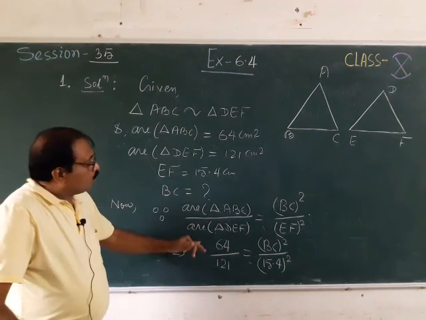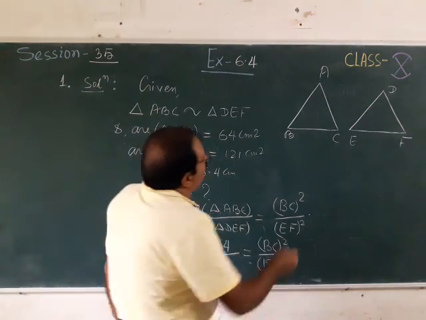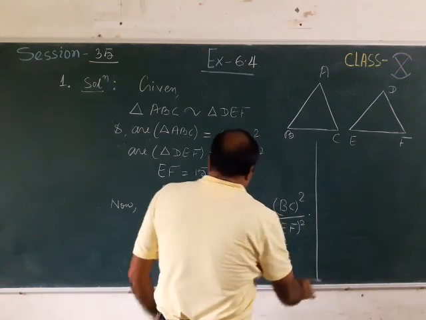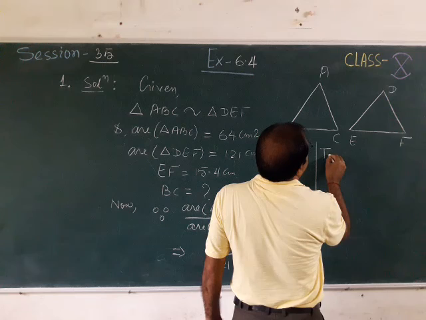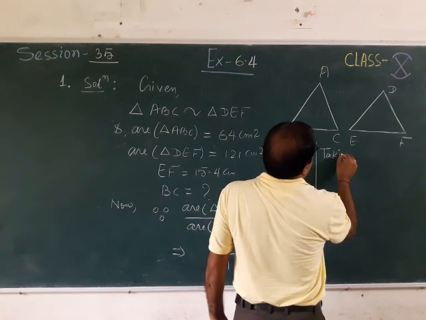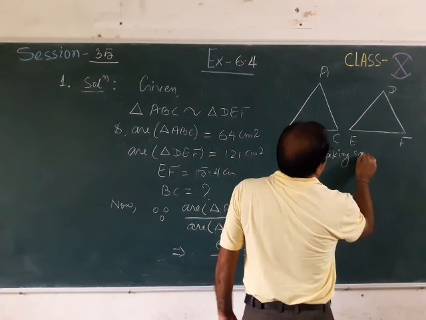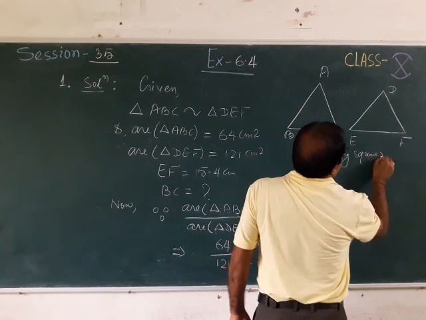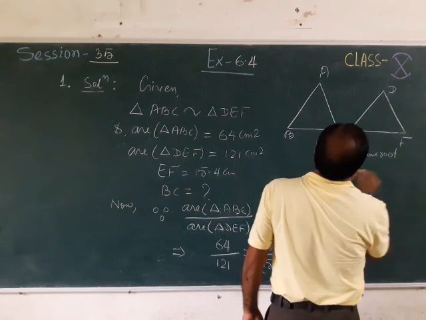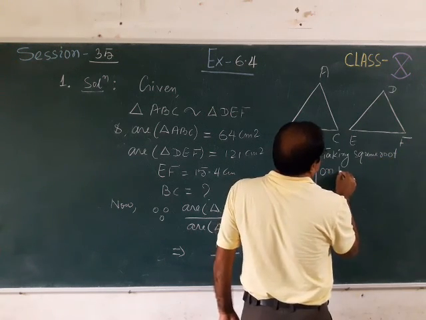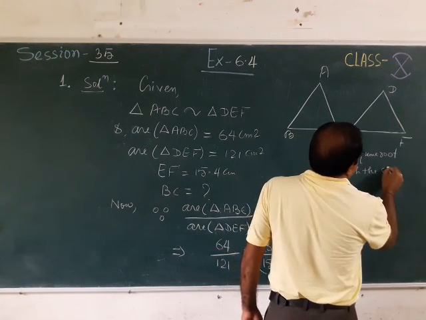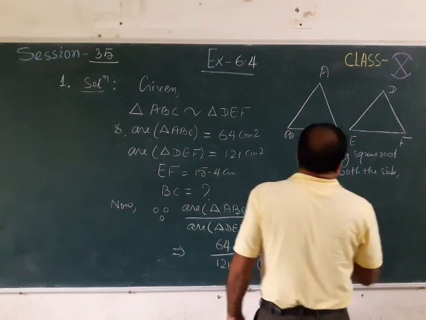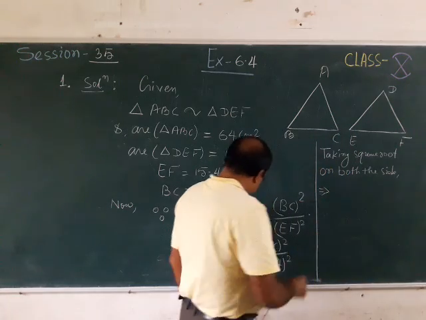Okay, so you need to calculate. If you will remove the square on both sides, you need to write one statement: taking a square root on both sides. If you take the square root, then actually what will happen here,